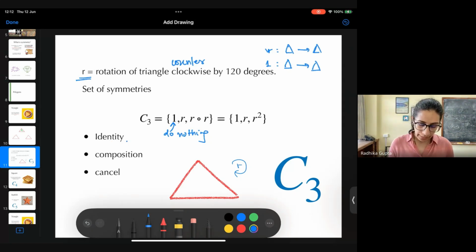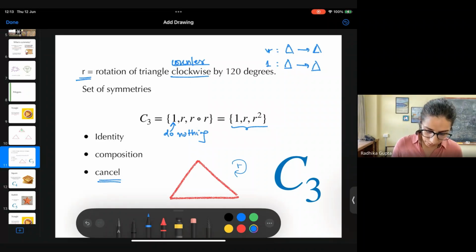So there is an identity element, and I can compose 2 symmetries. I can do one symmetry, and then I can do another symmetry, and then we saw that that's it. If I keep composing things here, these are the only 3 things I'm going to get. And there's also a cancellation happening here. If I'm rotating counterclockwise by 120 degrees, I can also rotate clockwise. So for us, if R was counterclockwise, R square is basically